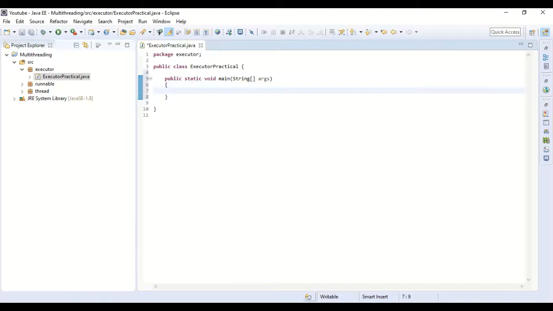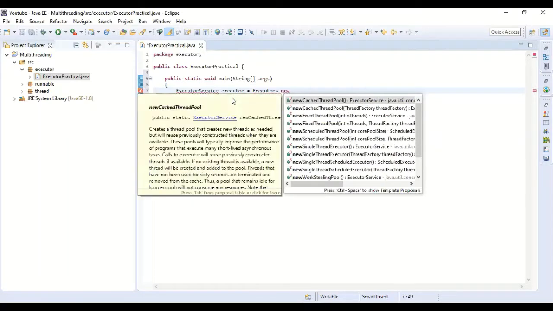Now what we need to do is create an object of executor service, and define the thread pool size that we were just looking at in the slide. Let's name the object executor is equal to Executors.newFixedThreadPool.